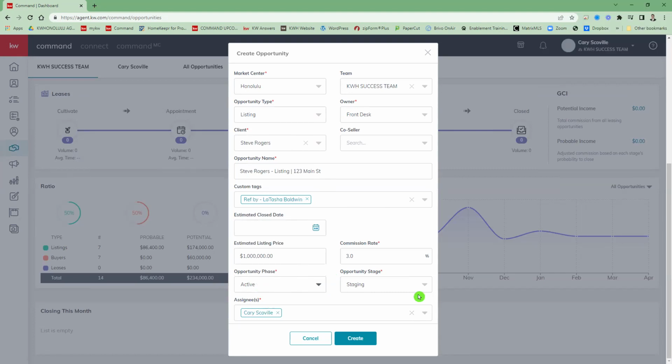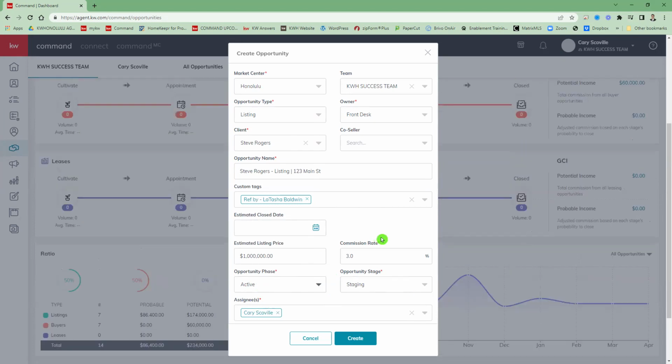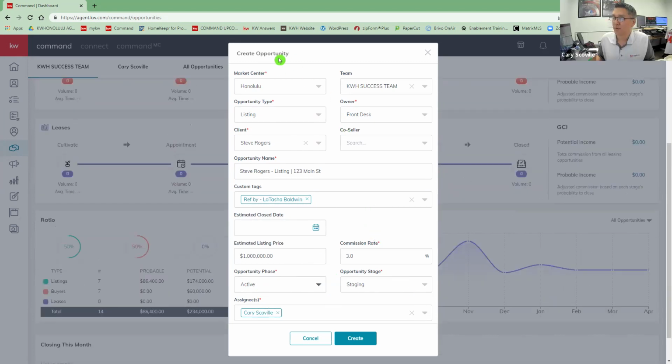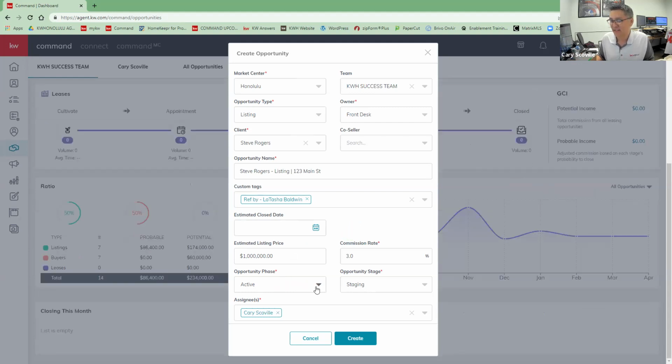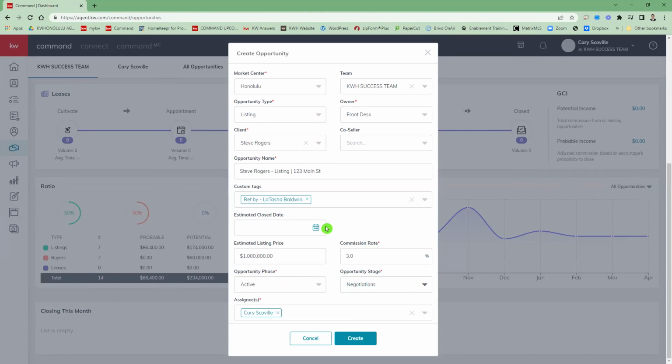How did you get to estimated close date? I'm not seeing that on my screen. Oh, if you're still in... there it is. Yep. No, I'm sorry, I missed it. Oh, there it is. No, you're perfect. And that's why we're doing it workshop style, so you guys can see it. And then, so let's do opportunity phase active. And we're going to move it into active. And you know what? We've written an offer and we're in negotiations. Okay. Wait, where is all of that? All the way down underneath the estimated closing date. Scroll down just a bit more. Okay, active. There we go. Sorry. No, you're good, Jill.